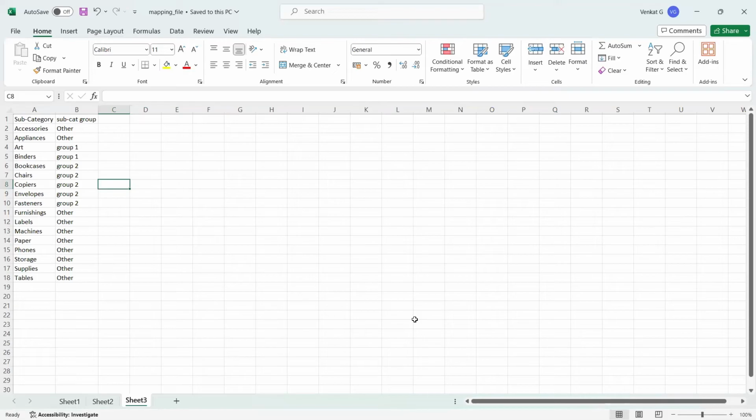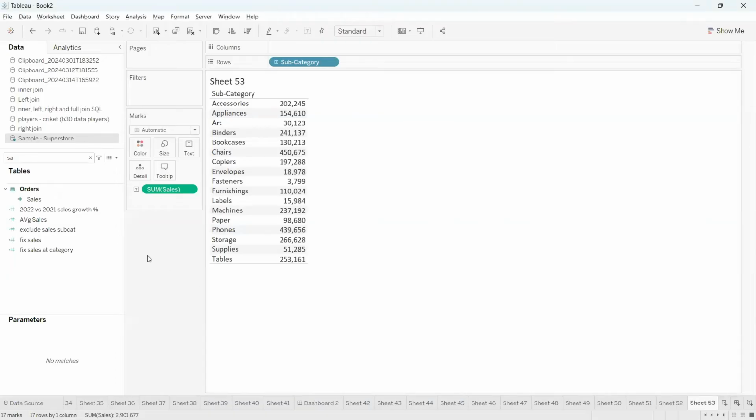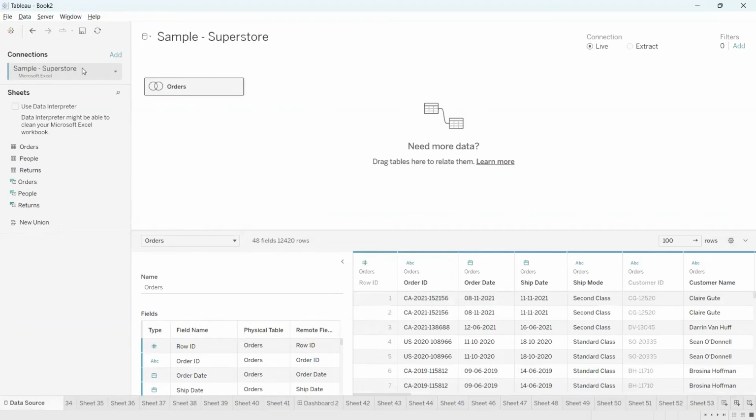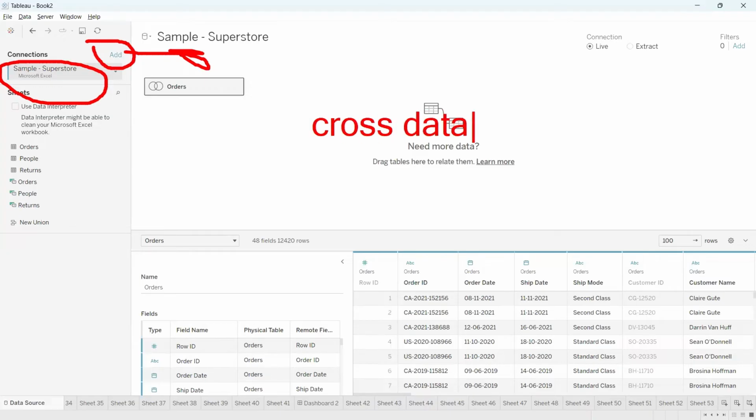Now what I will do, I'll go to the data source here. Just click on this data source option. Now you see we have already connected to one sample superstore dataset here. And from here, if you want to connect to one more data source, you can simply click on the add button here. This is called cross database joins. If someone asks you what is the meaning of cross database joins,